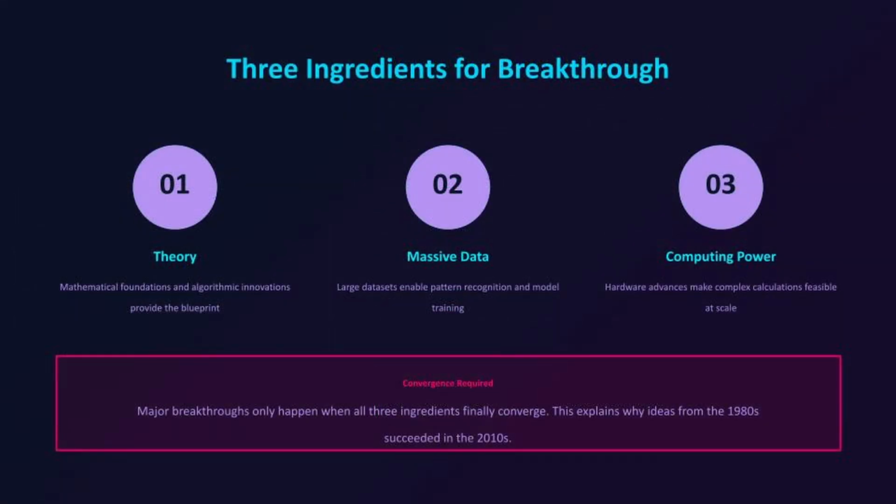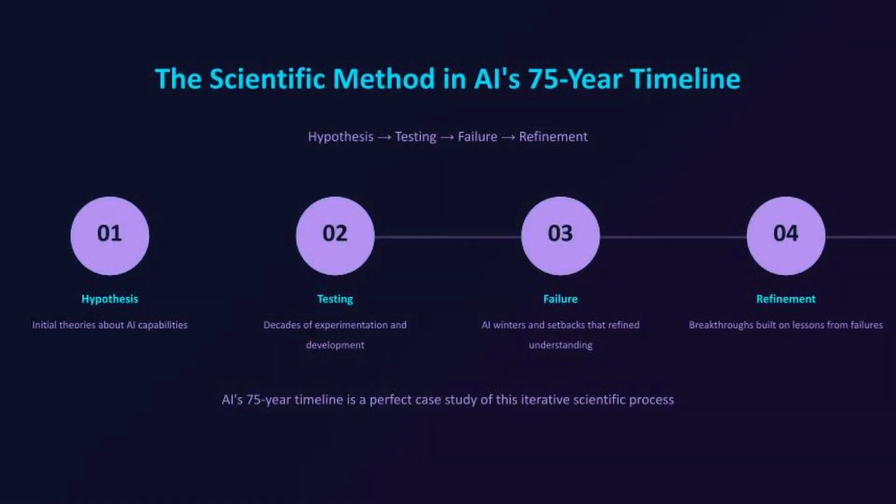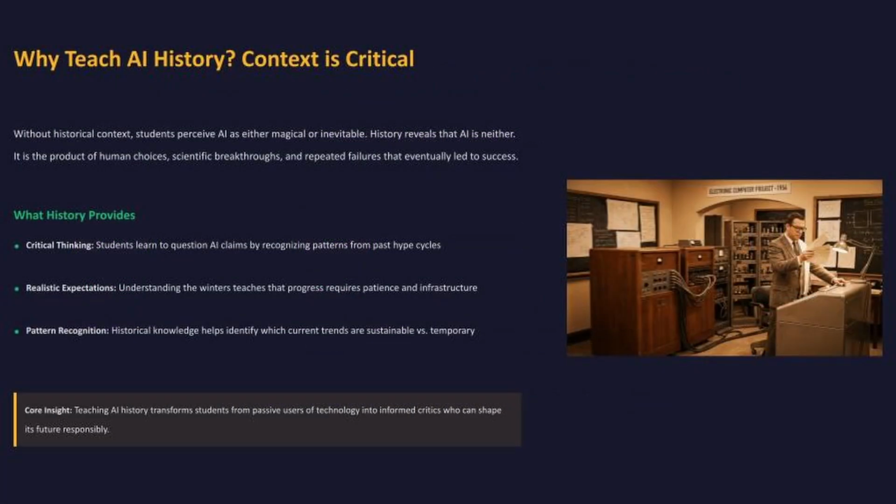The second pattern is that infrastructure enables breakthroughs. We saw that algorithms alone weren't enough. We needed the data and the powerful hardware to make them work. They must mature simultaneously. The third pattern is the persistence through the winters. Even when funding dried up, dedicated researchers kept working, laying the quiet foundation for the next boom. This whole history mirrors the scientific method itself: hypothesis, testing, failure, refinement, and eventual breakthrough. By teaching students these patterns, we equip them with critical thinking skills that apply to any new technology, not just AI.